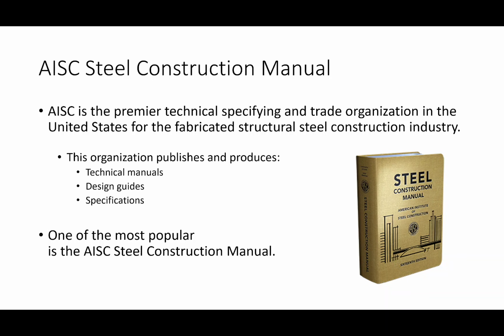Obviously, one of the most popular publications they produce is the Steel Manual. I do want to mention that as students, I think you had to create an AISC account in order to purchase the manual, right? Well, as holders of AISC accounts, you are able to access design guides for free. If you're a practicing engineer, those things are pretty pricey, so they gave them away. There are about 40 design guides now, and each one is about $50 apiece, so you just got about $2,000 of literature for free. It's pretty cool stuff. Okay,